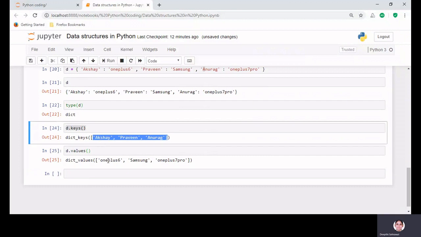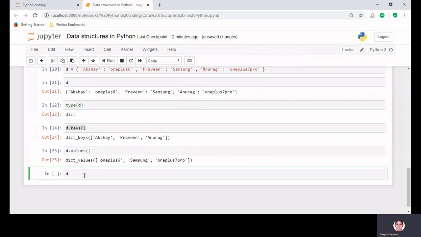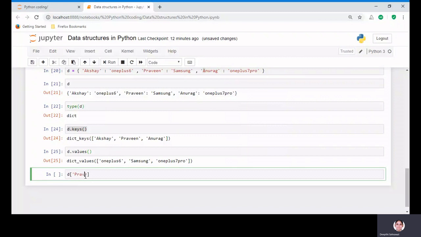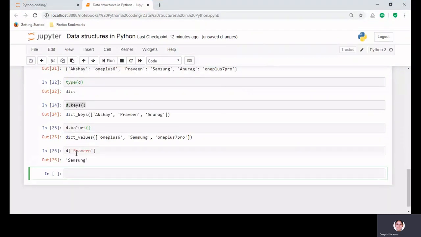So the first person is storing OnePlus 6, the other person is storing Samsung, and the third person is storing OnePlus 7 Pro. Also, we have an option where we can simply write the name of the person and see what phone he is carrying. So if I write this, I can see that Praveen is holding the phone Samsung. And similarly, there is one more way to write the same thing.